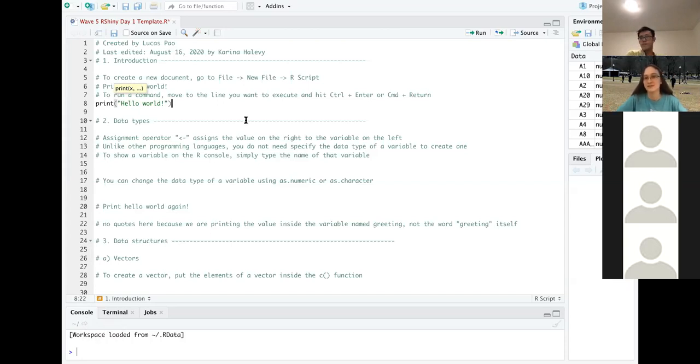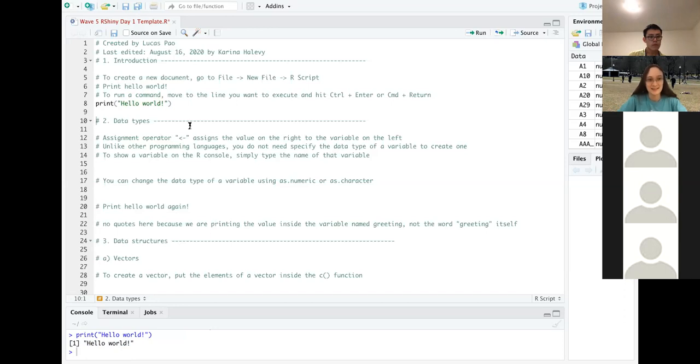Print just shows the user what's happening. And hello world is just a string, a piece of text that we want to print. In R, we enclose pieces of text with double quotation marks. And so we see that on our console, we have hello world.